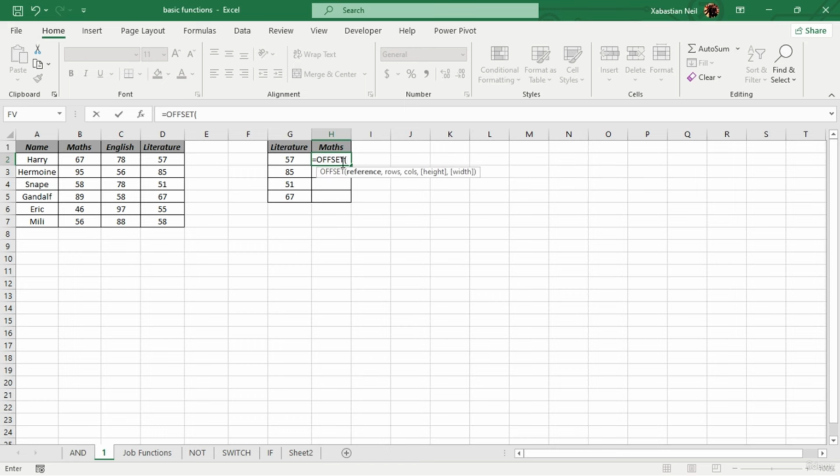open the parentheses, and you can see that it needs some specific data to find your result. The first one is going to be the reference cell. Just as I told you, you're going to use this one as the reference cell. Next, we lock in the values by hitting F4. When you hit F4, it anchors the data so it doesn't move from here to here,